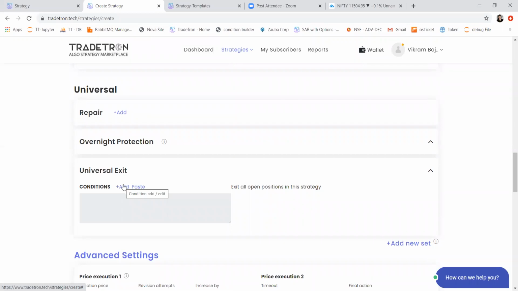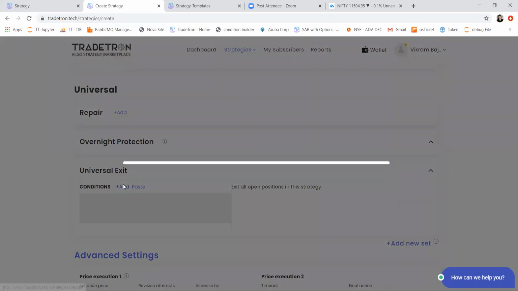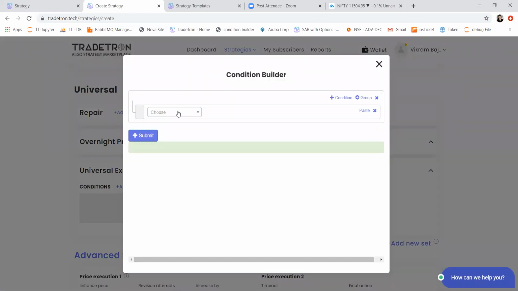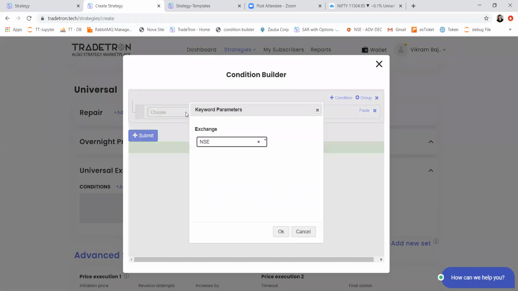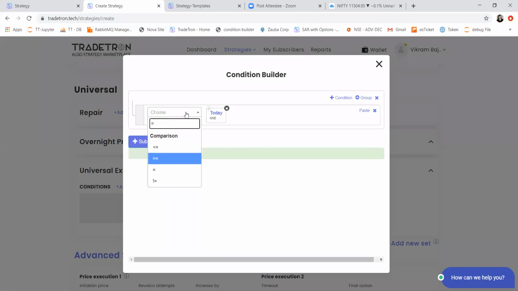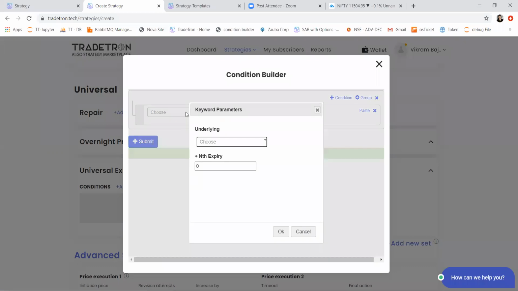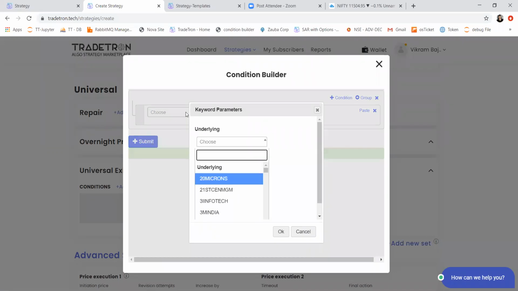So now let's say if I want to exit all the positions on the day of expiry at 3 p.m., let's see how to add a condition to exit all open positional strategy positions on the day of expiry. So here we can write if today is equal to current month expiry of Nifty,